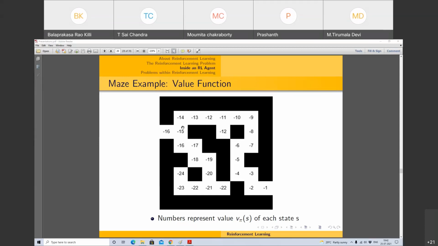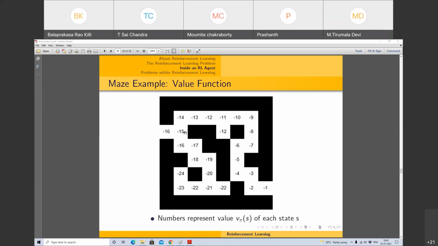If you see here in this direction, the numbers are decreasing. That means this minus 15 signifies that from this step, it is 15 steps away from the goal. From here, how many steps away from the goal? 16 steps. Let us say from here? 22 steps. From here, it is 24 steps away from the goal. Now, if you know value function,